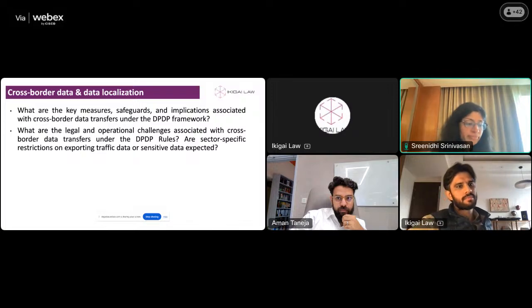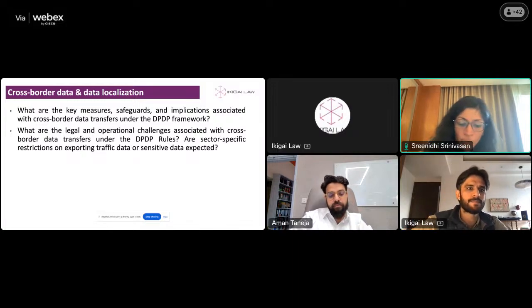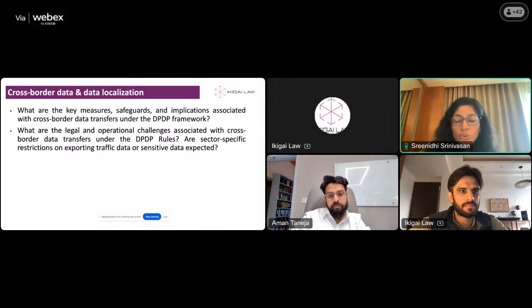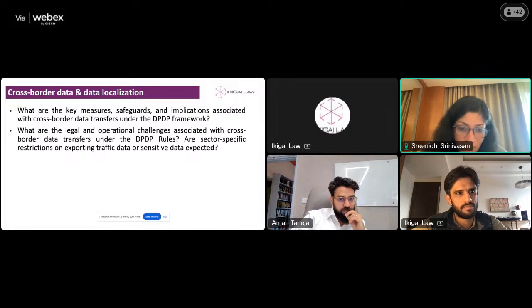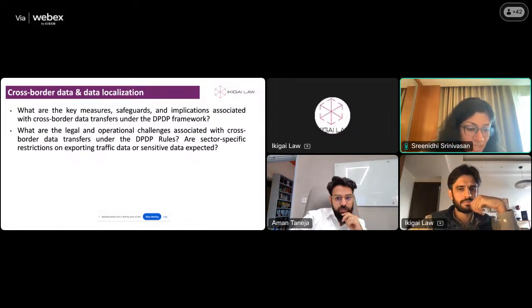Yeah, I think the law is pretty silent on restrictions or anything of the sort on cross-border data transfers, except those two, except just saying that it will come up with notifications for what countries you can't transfer data to, and those provisions in the rules which say for SDFs we could ask them to localize certain data and also add some restrictions on how foreign governments can access data.